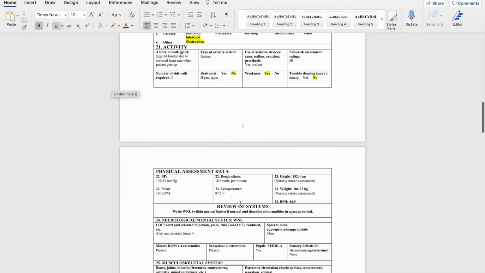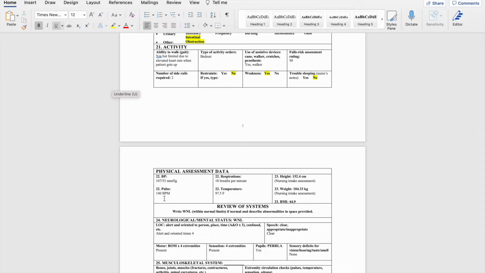The physical assessment, this is the vital signs that you take. Again, you keep doing it over time, you get used to it. Her blood pressure was 107/53. Her pulse, as we could see, was very high. Normally, pulse is 60 to 100 beats per minute. This patient was 140 beats per minute. And that was something to note,